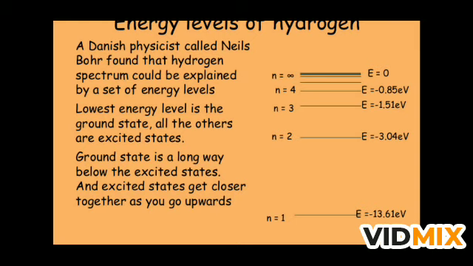We can say the energy states other than N1 are called excited states, and the ionization of the atom corresponds to infinity. The energy required to raise the atom from the ground state to some excited state is called excitation energy, and the energy required to detach the electron completely from the atom is called ionization energy. So for the hydrogen atom the ionization energy is 13.61 electron volt.